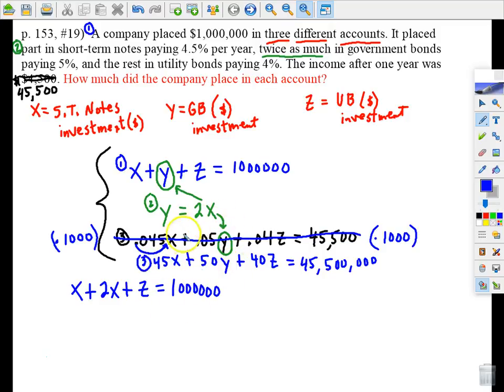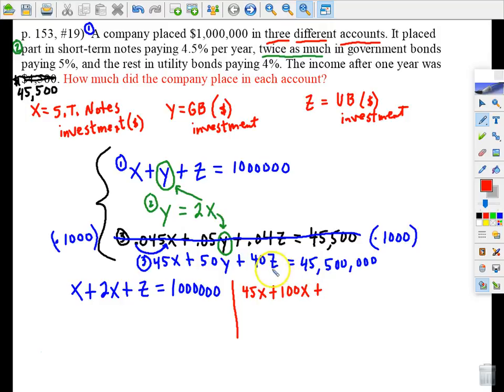And so now I'm going to replace, let's just come over here, I'll change the color. And in this equation number 3, I'm going to replace y with 2x. Okay, so I got 45x, and if I replace y with 2x, let me just show you that in case you're not following. It's like 50 times 2x, which is just 100x, right? So let's just put 100x here so we don't have to write another line. So this is 100x